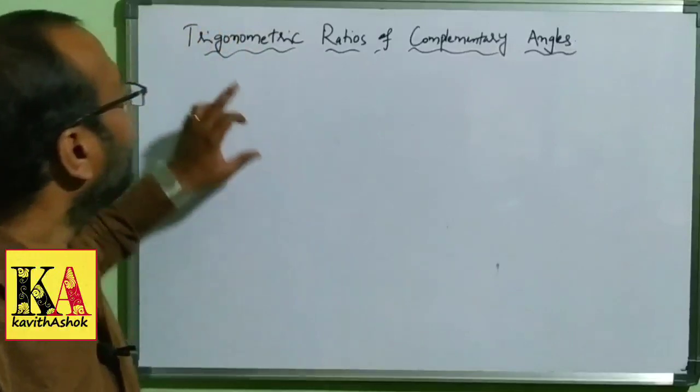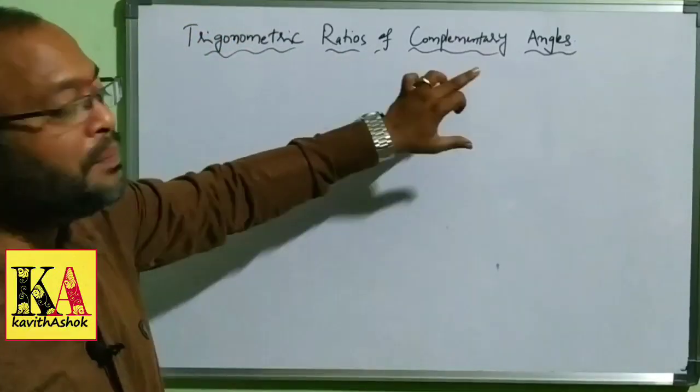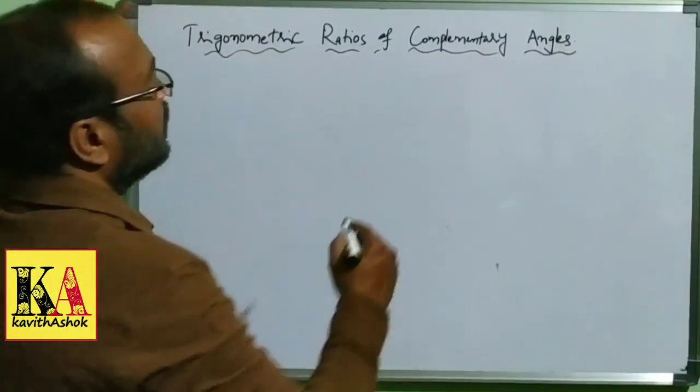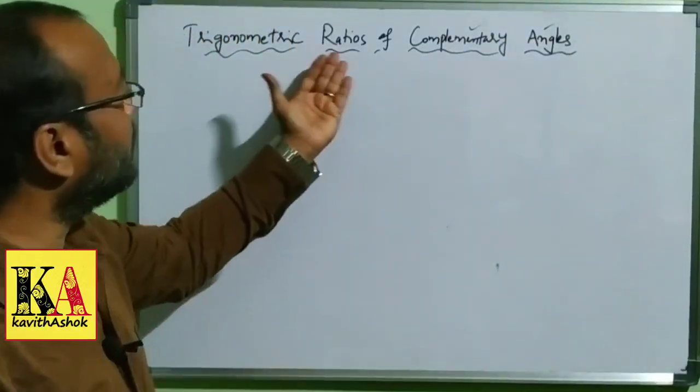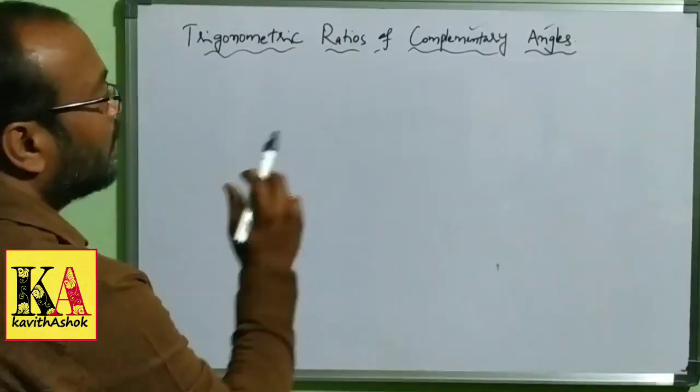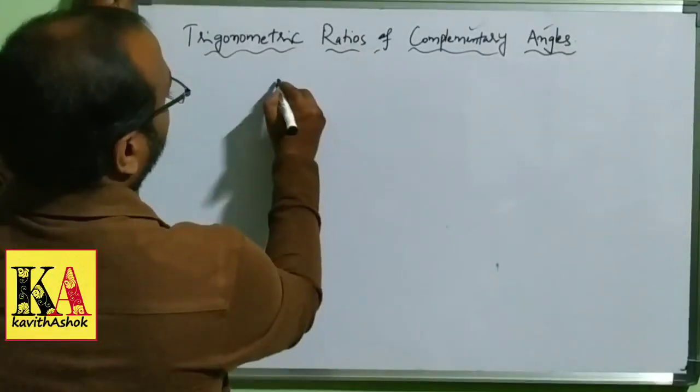Right. Trigonometric ratios of complementary angles. First, what is meant by complementary angles? We will check. Later we will discuss the trigonometric ratios. Is it clear? Complementary angles in the sense here, if